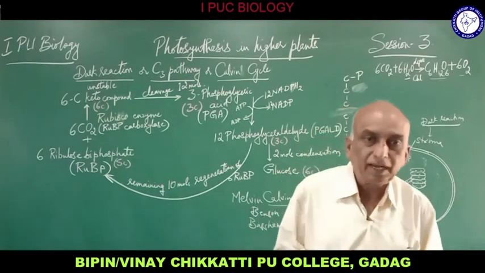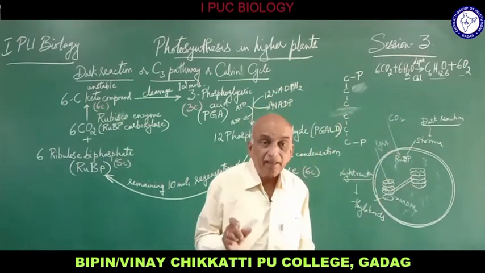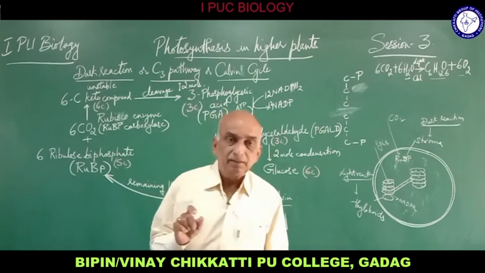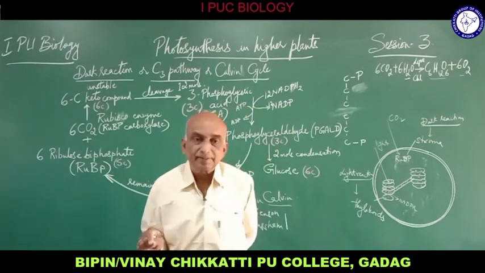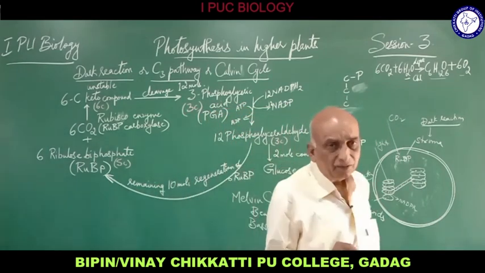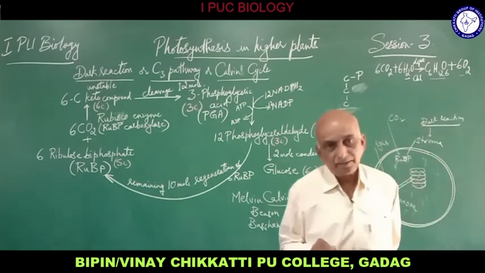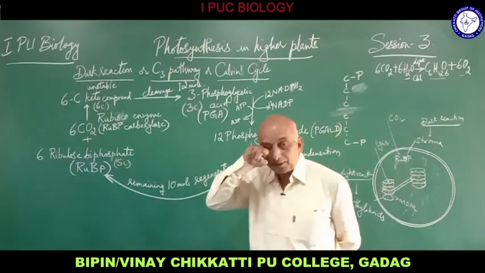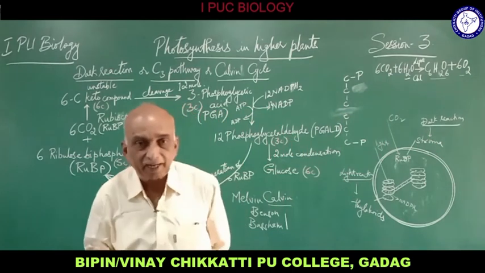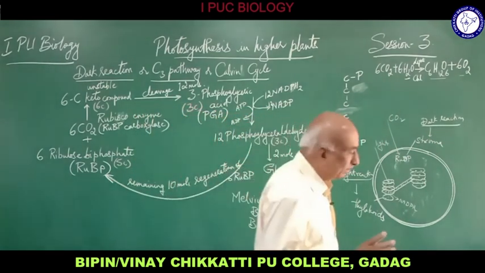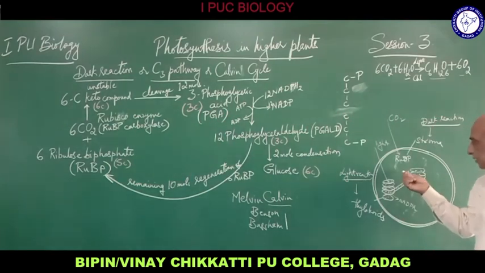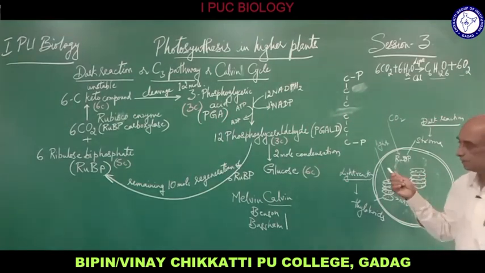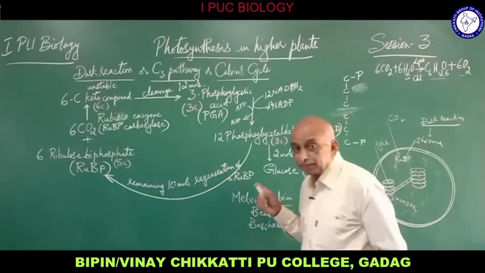So the thylakoids, or in other words the grana, are the sites of the light reaction, and the stroma is the site of the dark reaction. The dark reaction does not require photosystems, does not require light, hence it occurs in the stroma, and that is how the carbohydrate is formed in this chloroplast. So this is the photosynthetic reaction.